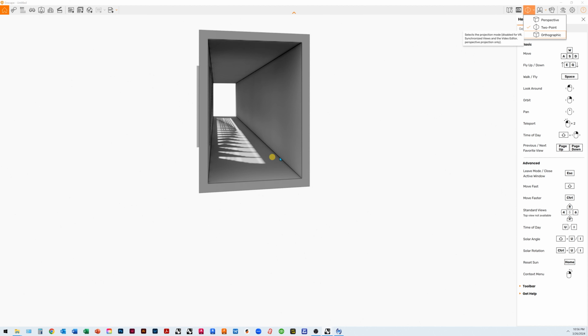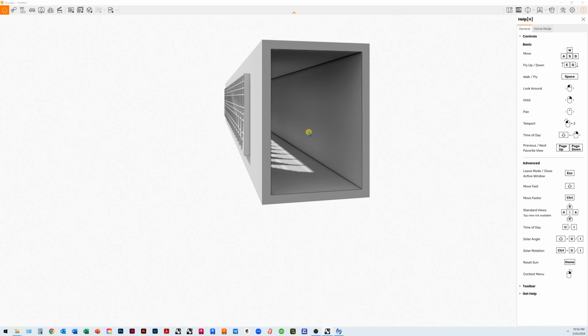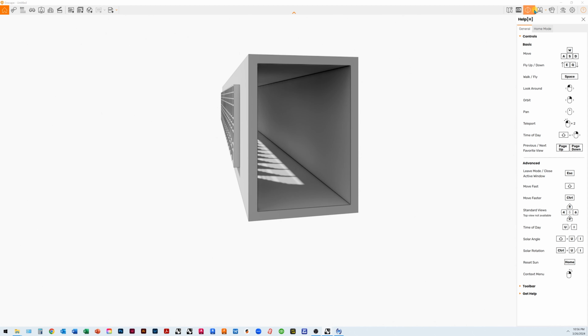So two-point generally saves your view, but see how now all the verticals are straight up vertical? This is how you want to render out your views always for perspectives. We want those verticals to be two-point verticals, otherwise things start to look a little bit crazy. Okay, and then if we switch to orthographic, let's see what